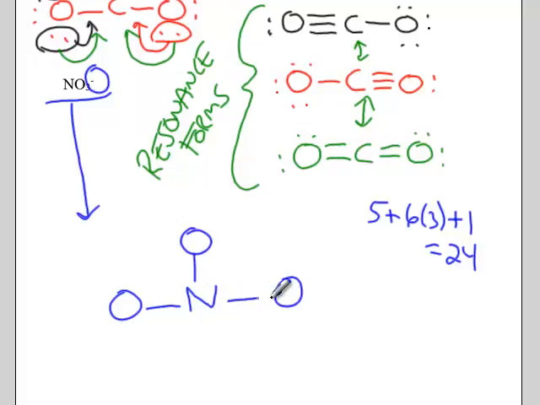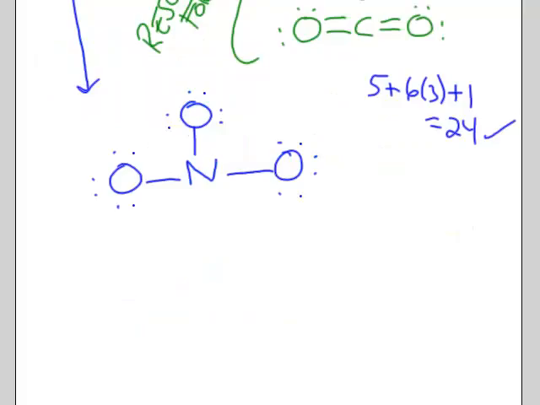Connect terminal to central, uses up the first 6. Satisfy the octet rule for each terminal oxygen. And that's a total of all 24 electrons used up. The oxygens are satisfied, however, the nitrogen is not satisfied. So just like in the carbon dioxide example, we have multiple ways of giving the nitrogen the 2 extra electrons